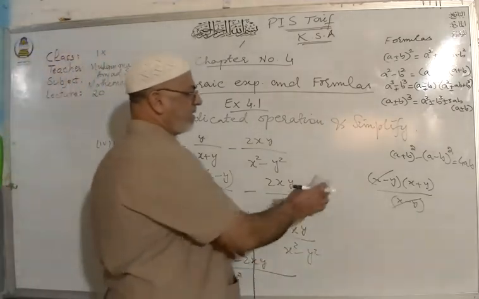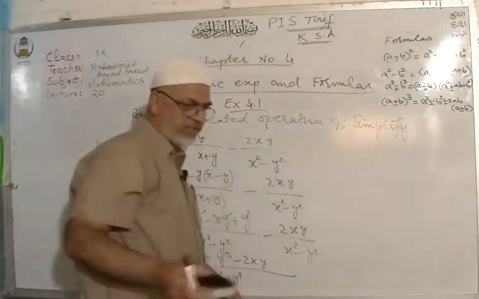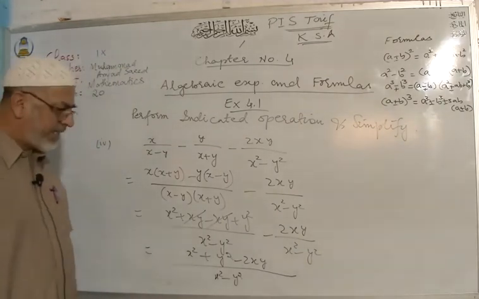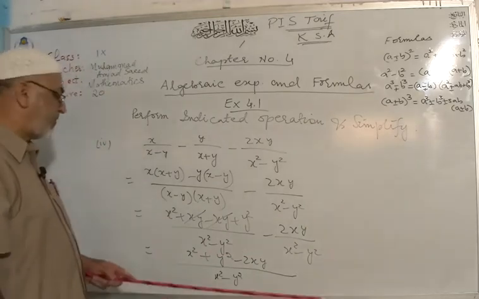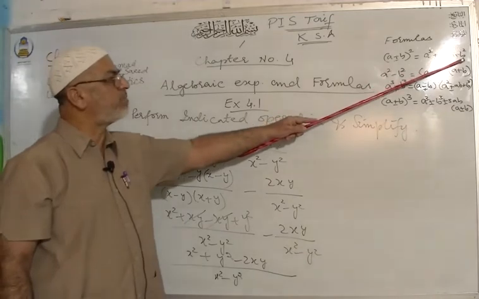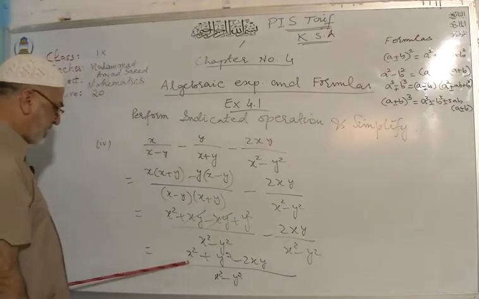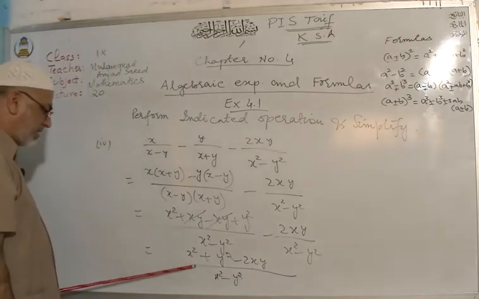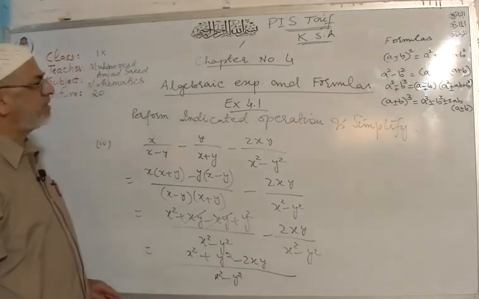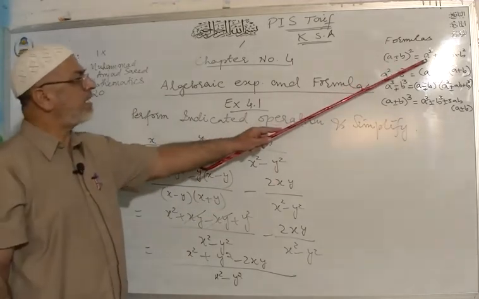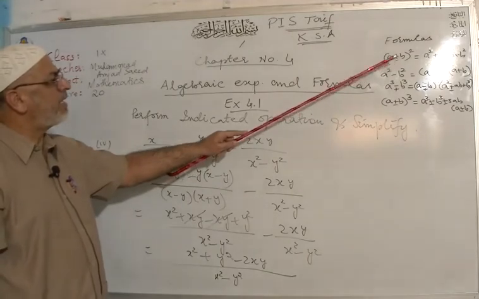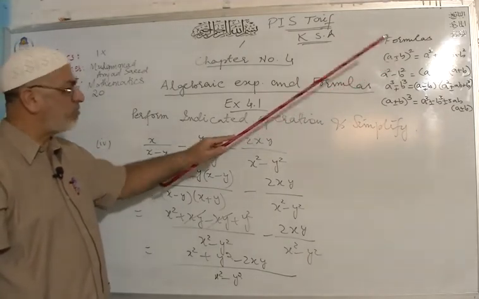So after that, dear students, check the numerator. Check your numerator. Again, this is the right hand side of your first formula: a square minus 2ab plus b square. Order is not important, it can be written after and in the center, no problem. So a square minus 2ab plus b square will be equal to the left hand side, a minus b whole square.